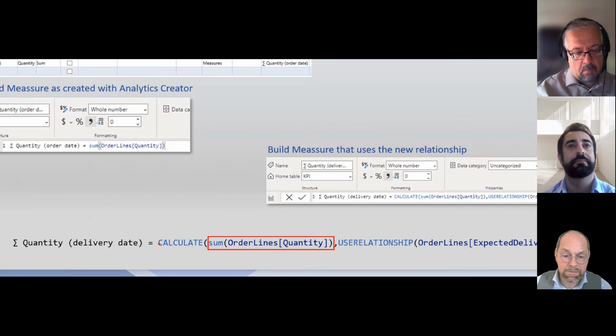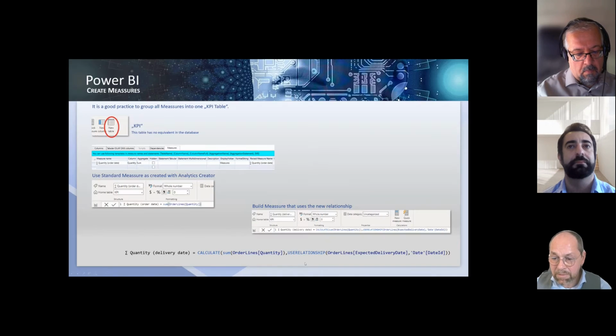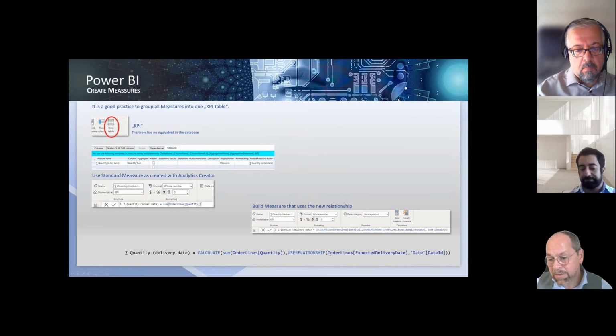We put a CALCULATE function around this simple aggregation to tell the system we have to do something else to calculate this in a correct way. We have to use the function USERELATIONSHIP. And as a parameter, we have to pass the expected delivery date and the primary key of the date table